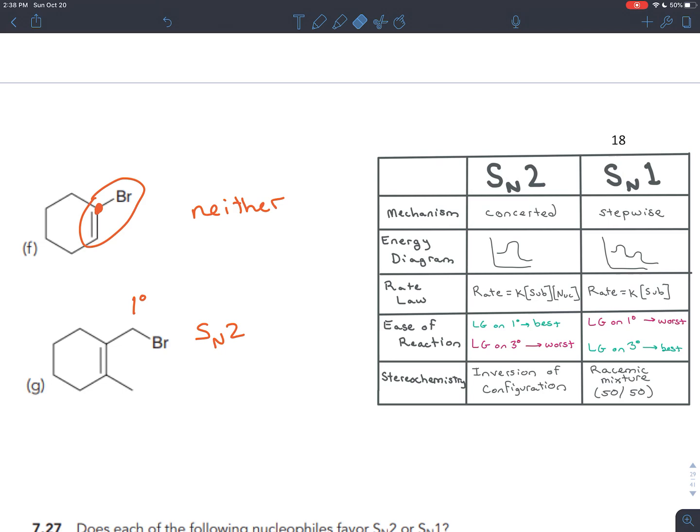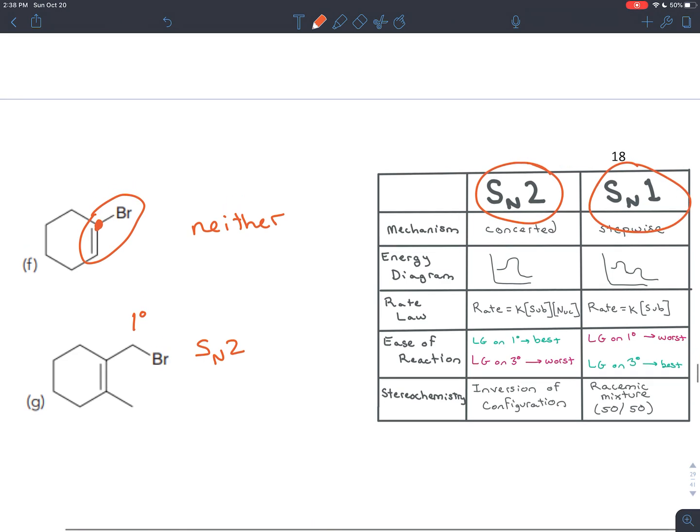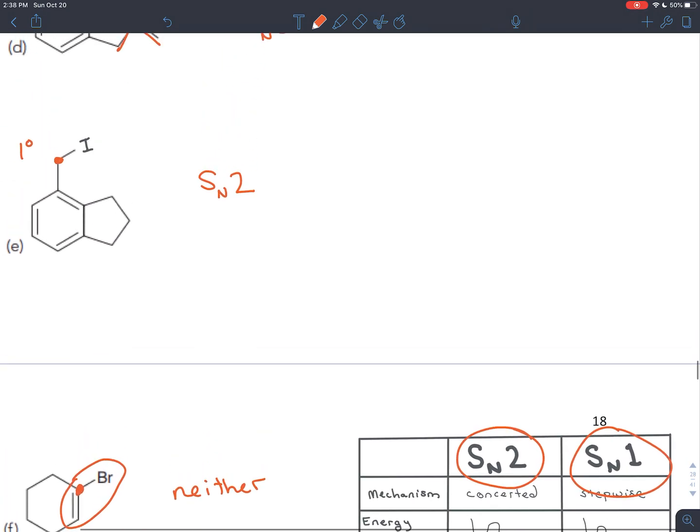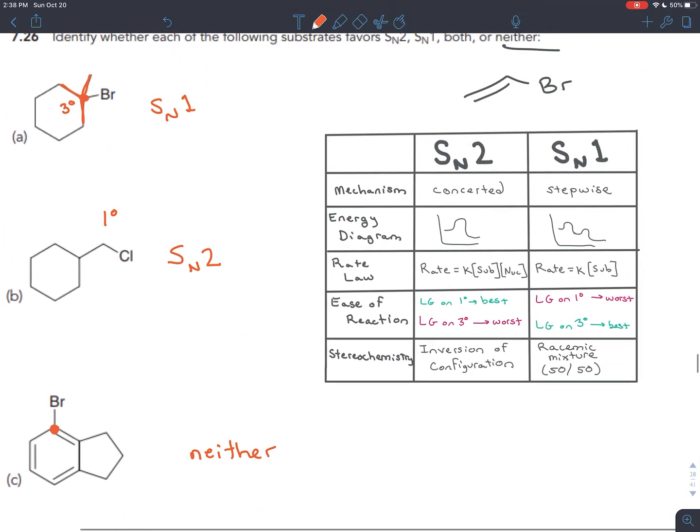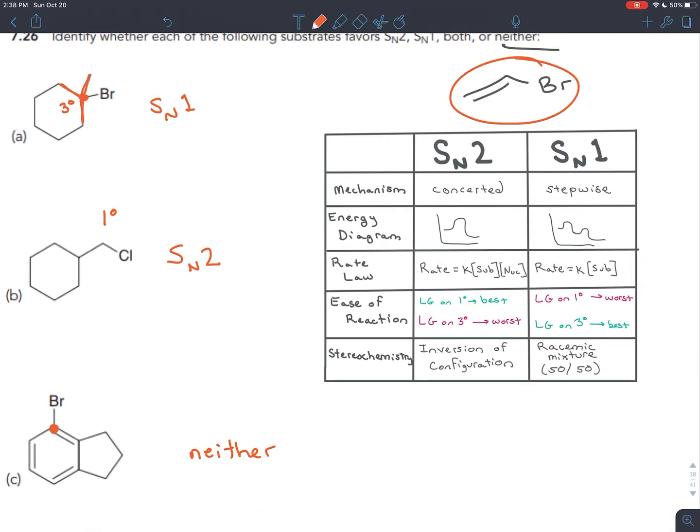So the big thing to remember from this problem is if the leaving group is on a primary carbon, it'll be SN2. If it's on a tertiary carbon, it'll be SN1. If it's on a secondary carbon, it'll be both. And if it's on a carbon that is involved in a double bond, then it'll be